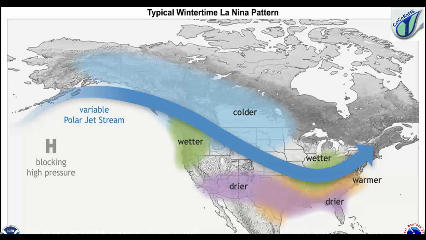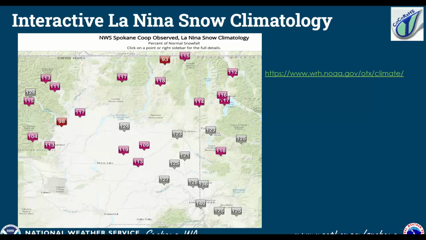So it can vary as to where that jet stream comes through, but it does bring us lots of storms coming from the west northwest. Another key thing to keep in mind is this is the third La Nina in a row. So we had La Nina last year and the year before that. One thing we know about La Ninas is they tend to bring us above normal precipitation and below normal temperature, especially for the latter part of the winter season.